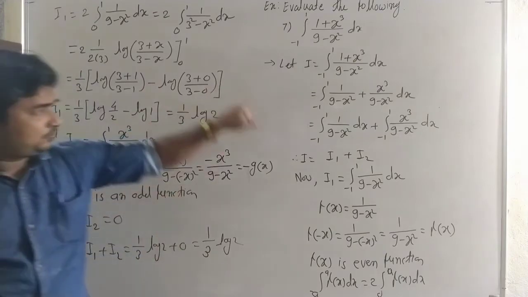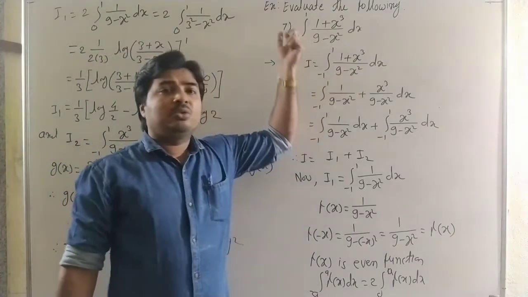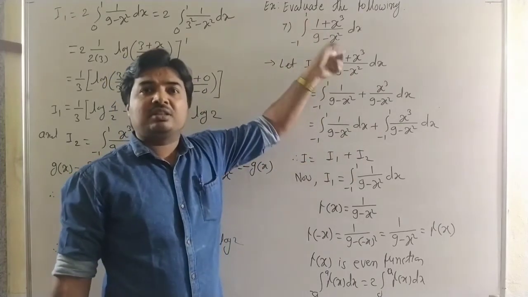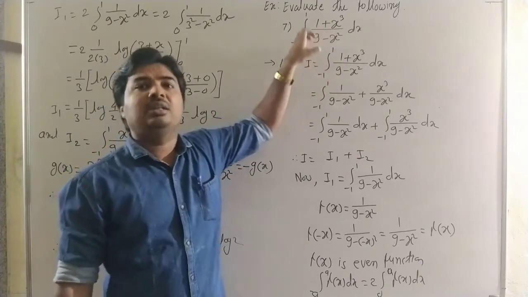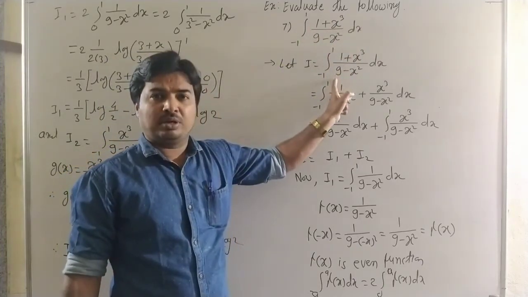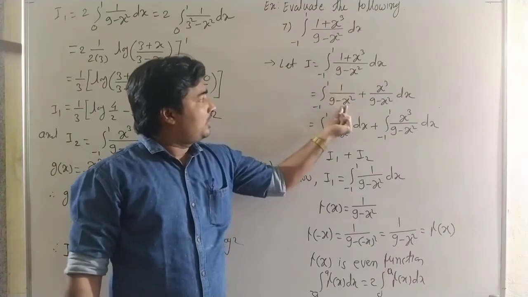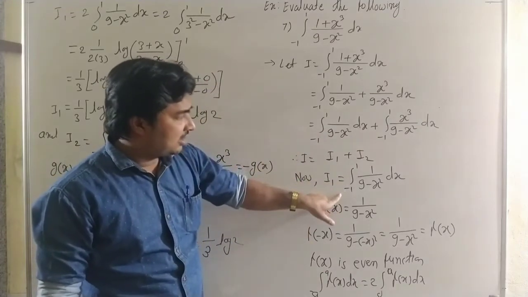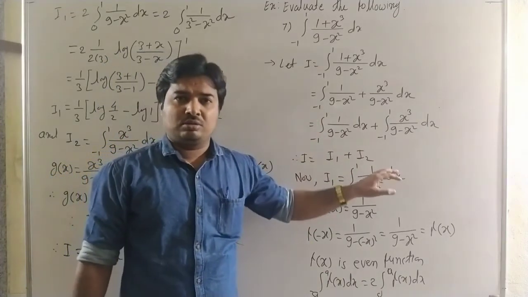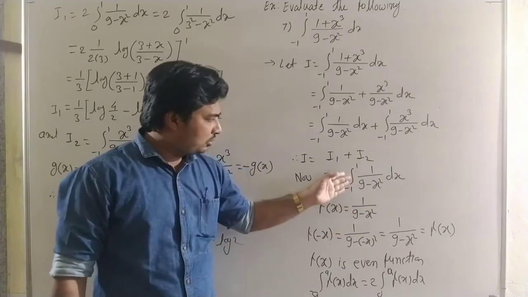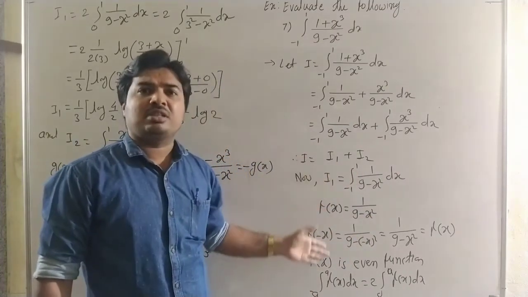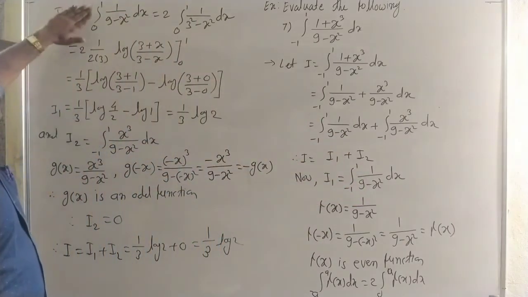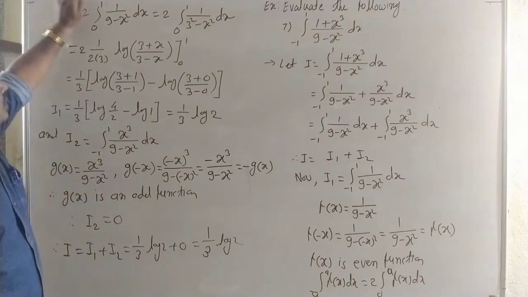See carefully this. Here this integral we can solve directly also. The degree of the polynomial in the numerator is greater than the degree of the polynomial in the denominator, so divide numerator by denominator and then solve. But here we use the property. Here we can separate this integral. This integral is easy to solve directly without using the property. When we use the property, there are these 4 extra steps in this example. If we can solve directly, then we write only this, from minus 1 to 1, and solve this.